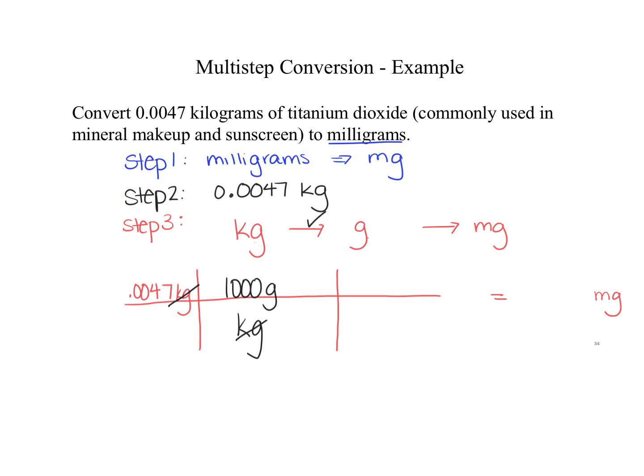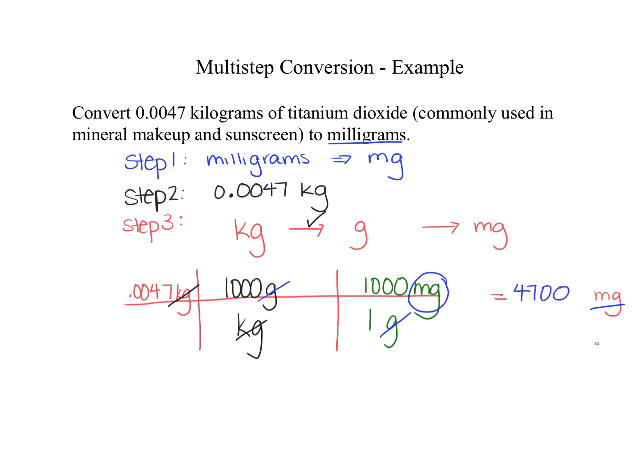Now we're looking to go from grams to milligrams. And so I know in 1 gram, there are 1,000 milligrams. Okay, so we can also see here where the grams cancel and we're left with milligrams, which is the unit that we're looking for. So to solve for this, I'm going to take 0.0047, multiply it by 1,000 and multiply it by 1,000 again. When I do this, I get